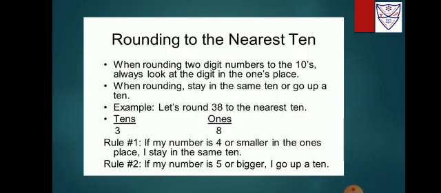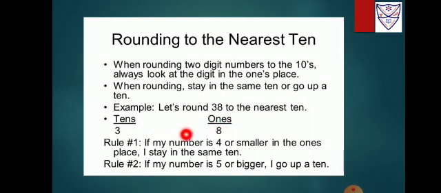When rounding a two-digit number to the tens, always look at the digit in the ones place. Let us understand this with one example. For example, we want to round 38 to the nearest tens. Here 8 is at the ones place and 3 is at the tens place. So, students, here 8 is greater than 5. Here we want to round this 3, but the number to the right of 3 is 8, which is greater than 5. So we will add 1 here and that makes 4. And in the rest of the places we will put zeros.